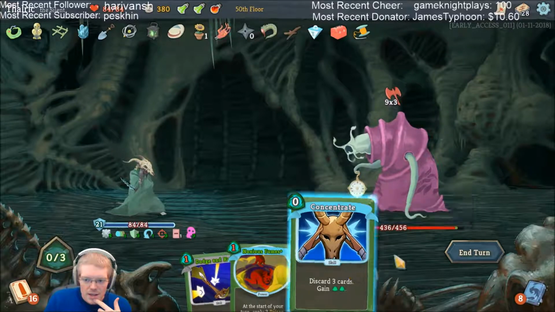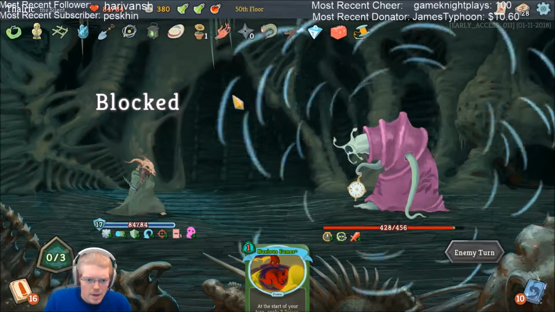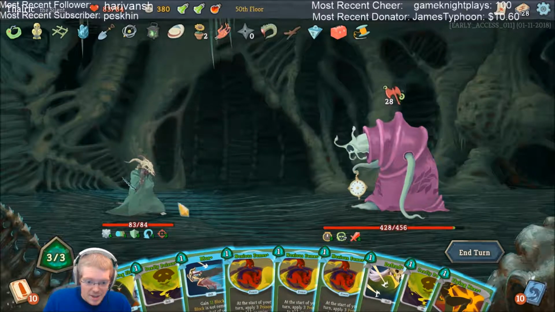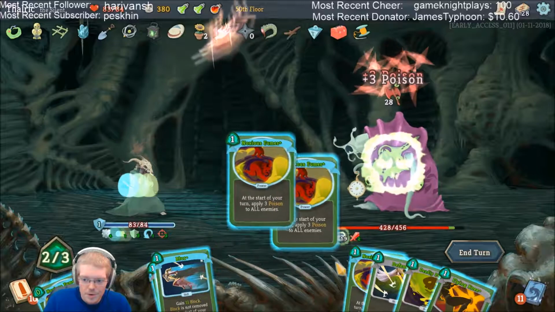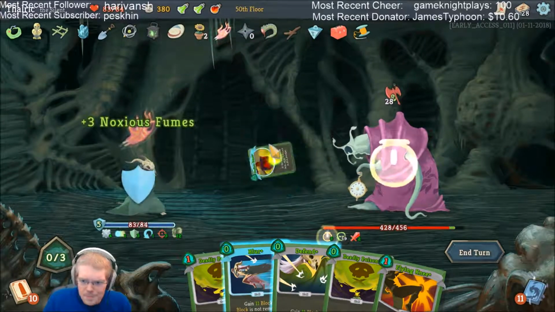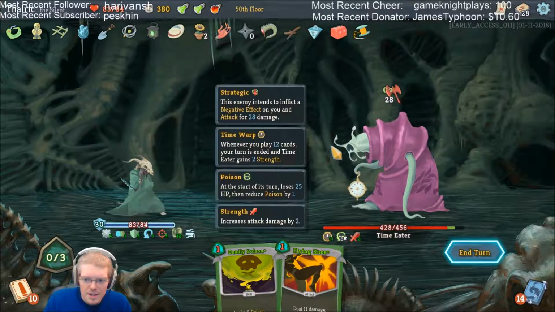And then we retain these. Yeah. So I do take a little bit of damage here, unfortunately, which gives us the Centennial Puzzle as well. Ooh, we might actually be reaching our card maximum. Yep. But that's okay. So, Bouncing Flask. Noxious Fumes. Noxious Fumes. Noxious Fumes. Noxious Fumes. Blur. Deadly Poison. Defend. Gives me 11 cards. Are you serious? 11